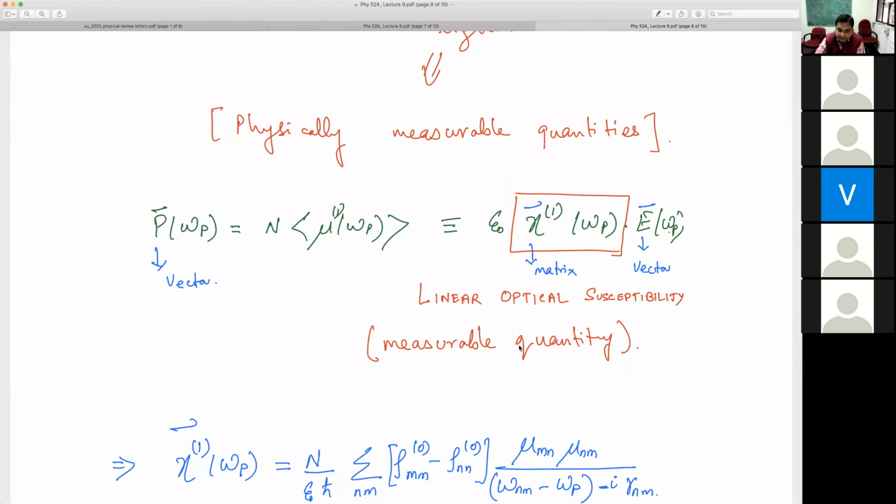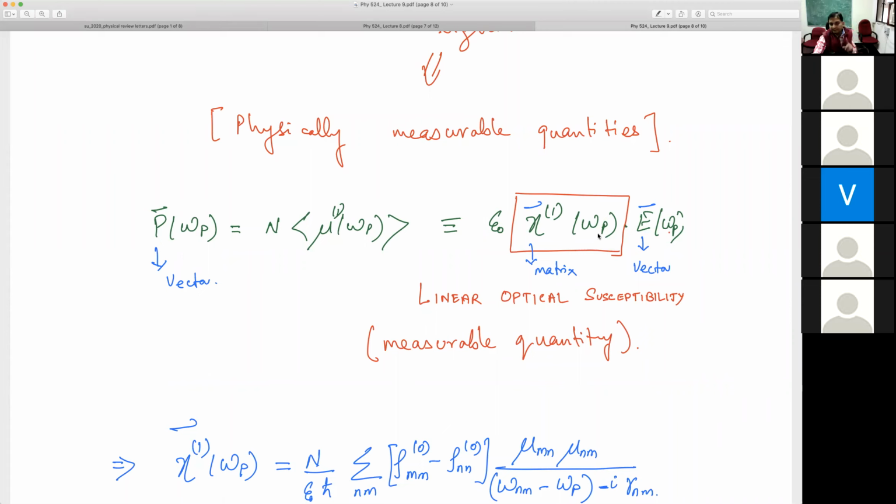And we can measure some physical quantity experimentally. Many of these physical quantities which arise from polarization, I'll ultimately express in terms of this chi. I can compare the theoretically calculated chi with the experimentally measured polarization, or calculate some property which depends on the polarization, and relate it to the chi.